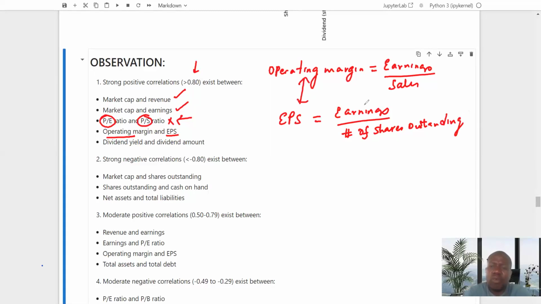Yes, they have to be highly correlated because of the earnings. Now, the dividend yield and the dividend amount, and also there's a negative correlation between market cap and the shares outstanding and the cash on hand, and also the net asset and the total liabilities. So for things like share outstanding and cash on hand, we need to make sure that we correct this multi-collinearity issue. Also on the issue of the net assets and the total